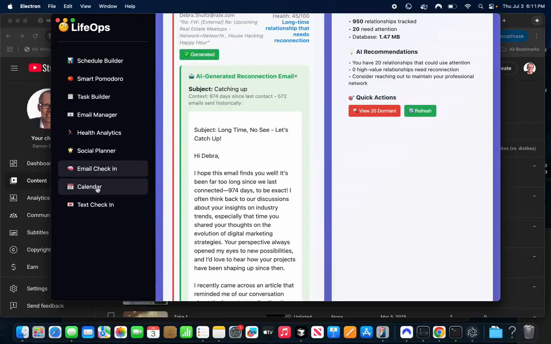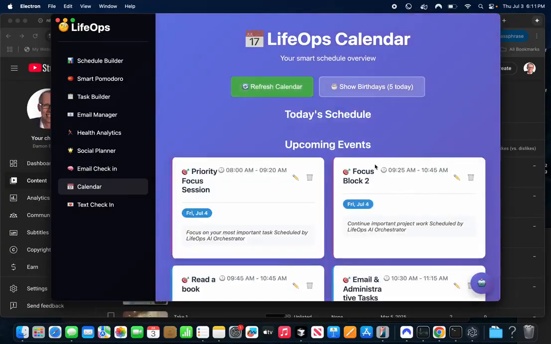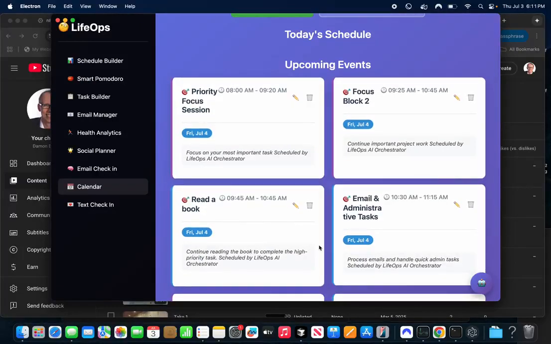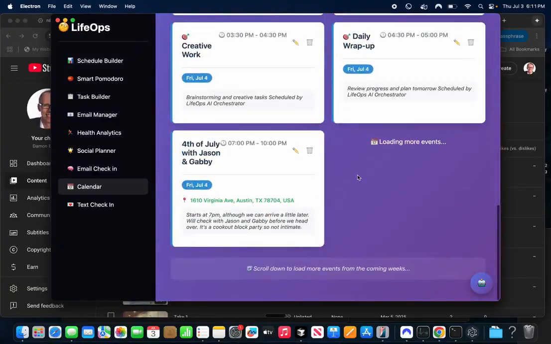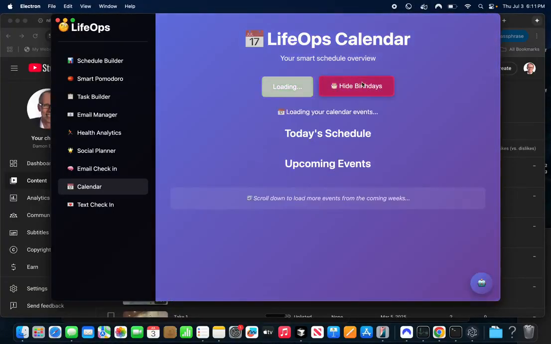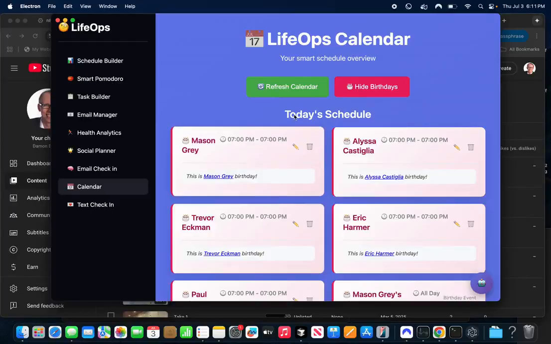All right, moving on to the calendar. If you remember where we were earlier when we were adding events to the calendar, if I hit submit, it would add these. You'll see I added a bunch already. I also have the opportunity to look at birthdays here. It's pulled in Facebook birthdays, and these are some of my friends. I can click on the link and directly wish them happy birthday, or I can text them if I have their information.